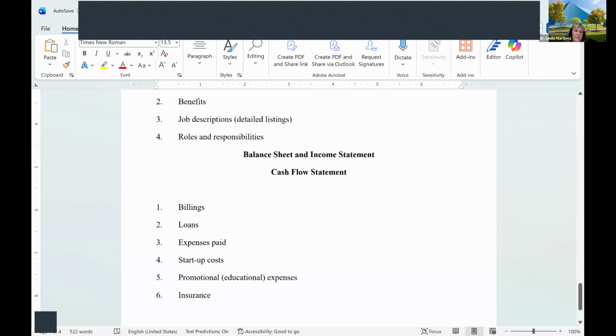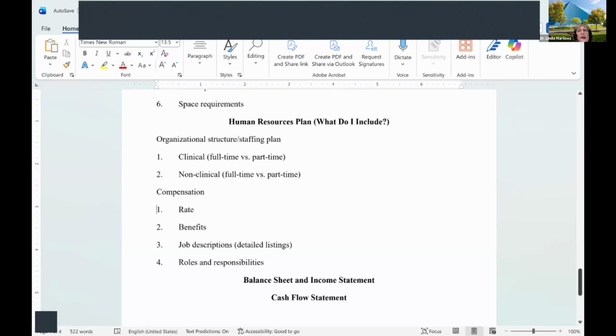Sorry, back up here. You need to know the rate. Now I know, and we all know nurses are underpaid, but you can't decide for your business that you're going to give them $500 an hour just because you think they're underpaid. You need to look and see from the Department of Labor what is the typical rate for nurses in wherever you're at, Southern California, wherever it happens to be. What benefits are you going to offer? Are you going to offer benefits? Are you going to say, okay, after you've been here a year, you get, you know, time off or whatever it happens to be, insurance, all those things.